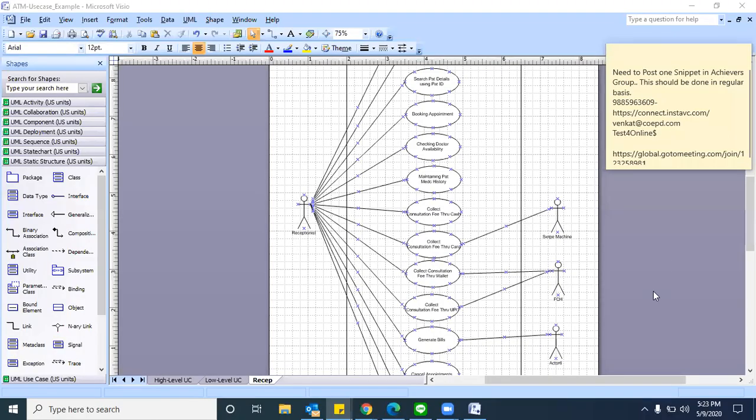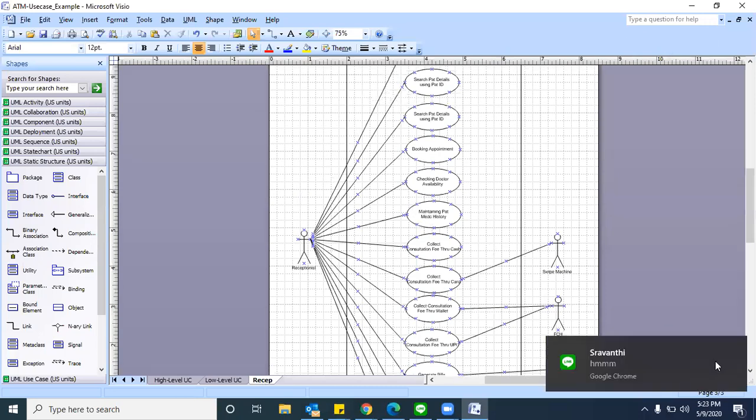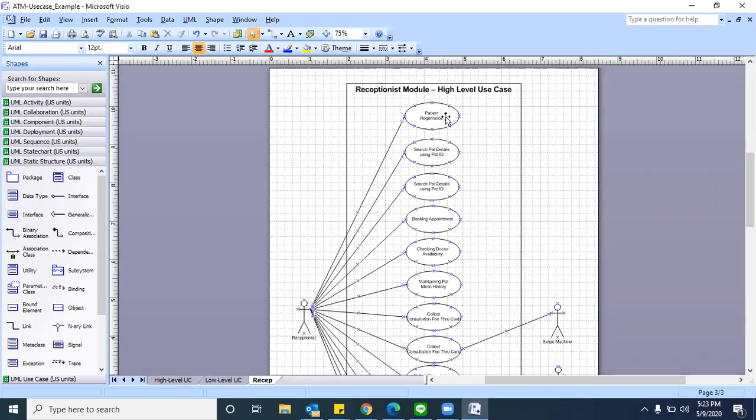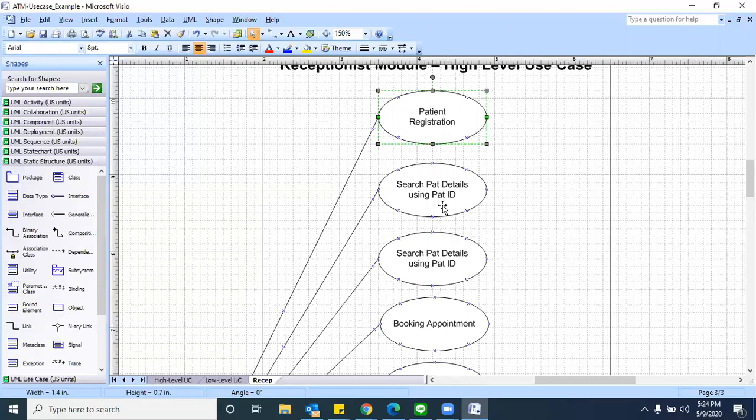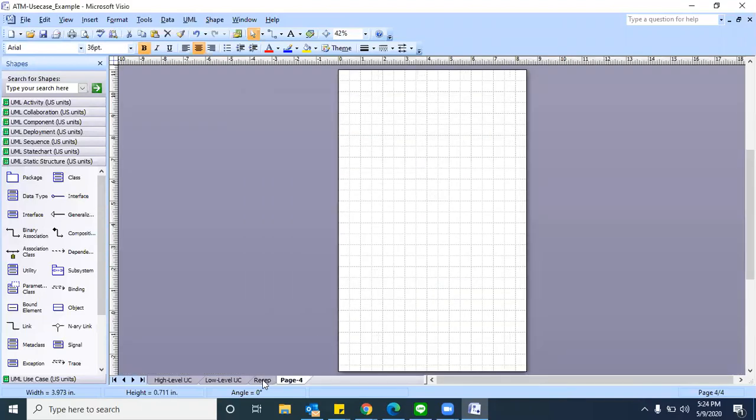So you understood that each responsibility we mentioned in the high level use case is an essential use case, right or wrong? Now we need to understand, for each essential use case, whether any supporting use cases are required, or whether we can merge two or three use cases and keep a relationship there. Those are the things we need to observe. Like in the collection, we do generalization for two or three. In the same way, we can check for dependent use cases at the low level. These are the things you need to identify. Now let's see how this can be modified.